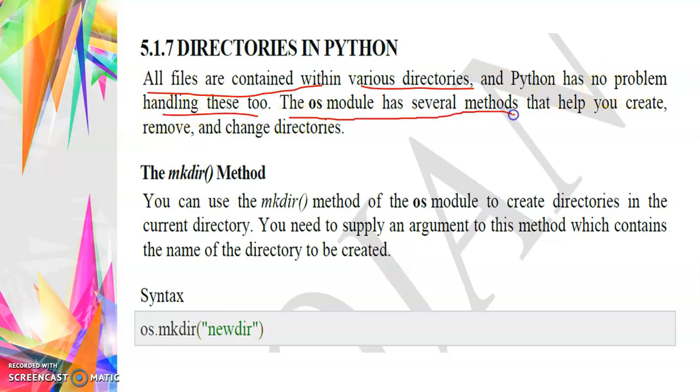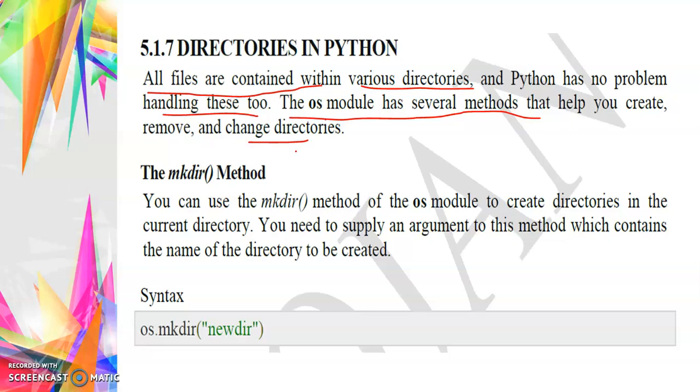The os module has several methods that help you to create, remove or change directories. Once again, a module means some package. That package has built-in, predefined content: predefined functions, predefined objects, predefined variables that are present in the module.